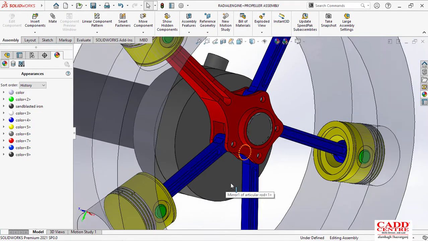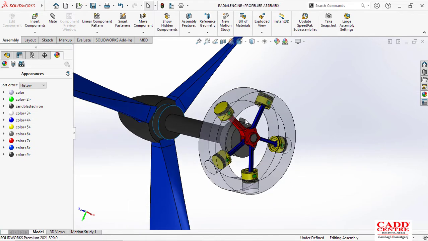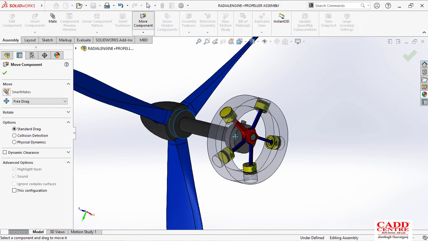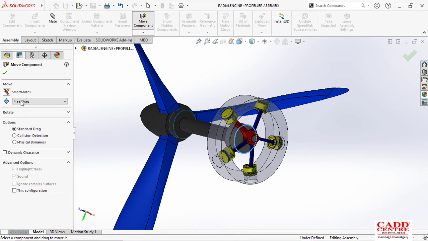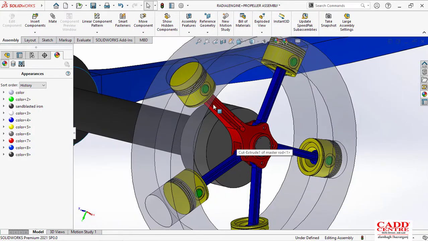This is our second session of surfacing of a vintage plane with its working radial engine. Here we will model some different components. In this session we are planning to model one of the most important and crucial components in the radial engine, which is this.